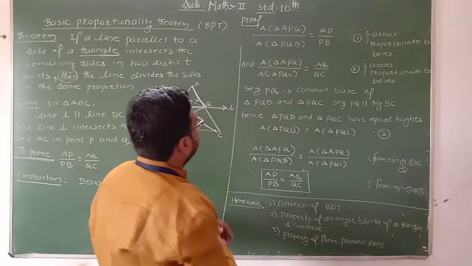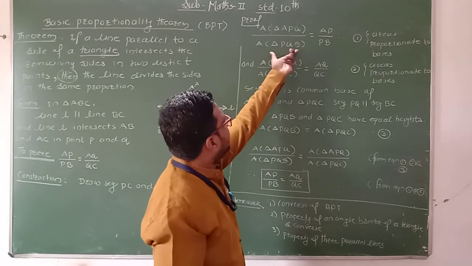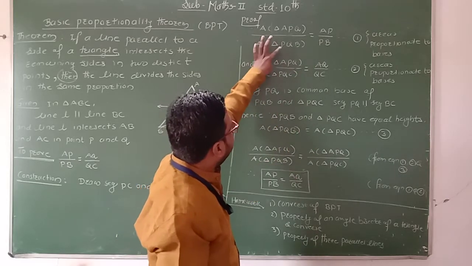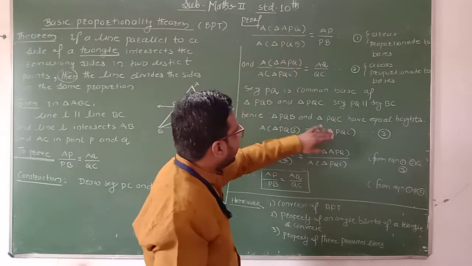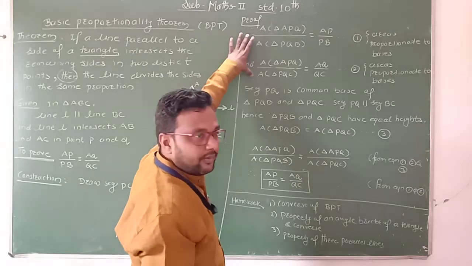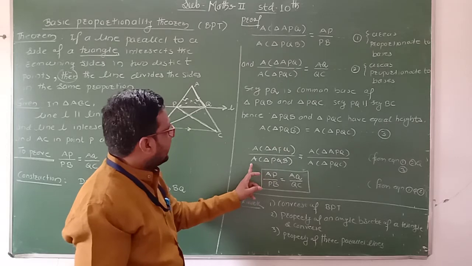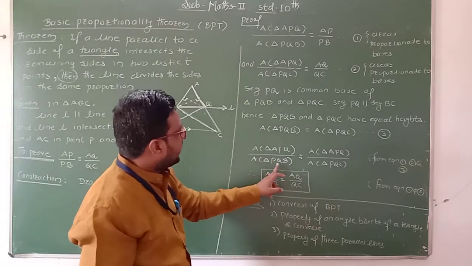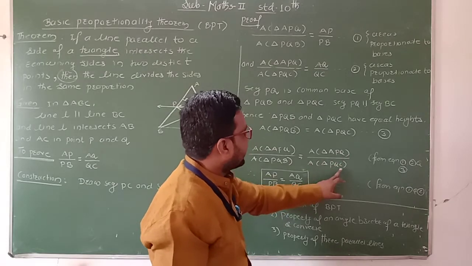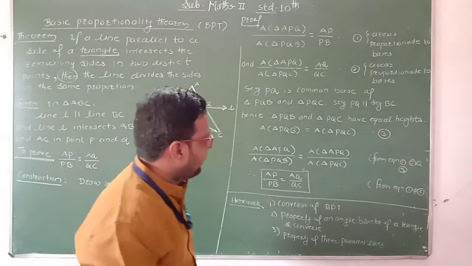Now see the left hand side. There is APQ in the numerator. There is APQ. What is the denominator? PQB and PQC. But in the third equation we already proved that PQB and PQC are equal. Therefore we can write these two ratios are equal. Therefore area of triangle APQ upon area of triangle PQB is equal to area of triangle APQ upon area of triangle PQC, from equations 1, 2 and 3. Clear?